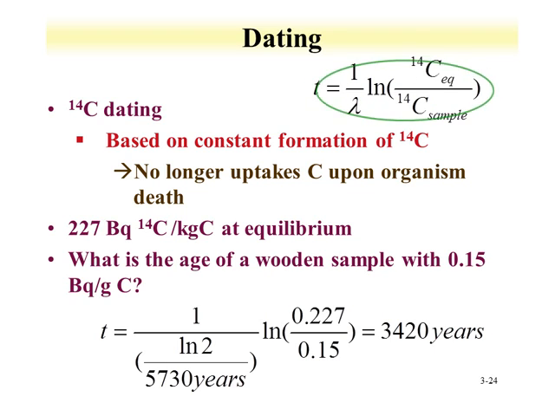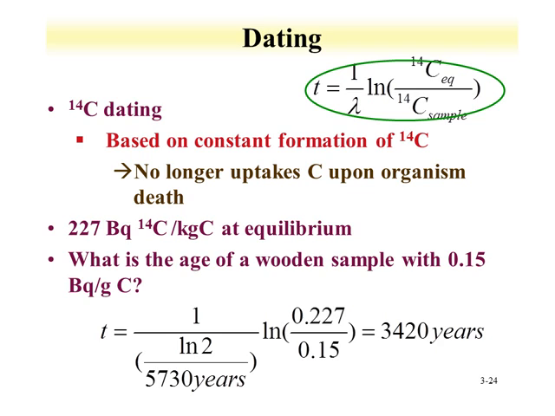We utilize this fundamental equation where in the sample we get some sort of relative amount of carbon-14, and we compare that to the equilibrium amount. At equilibrium, there's 227 becquerel of carbon-14 per kilogram of carbon. So if we take a sample and we measure the relative activity per unit mass of carbon, we can calculate